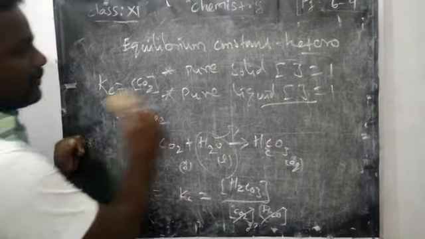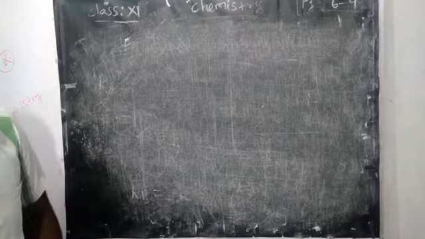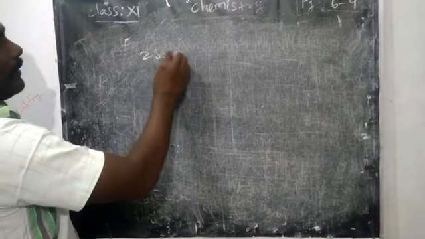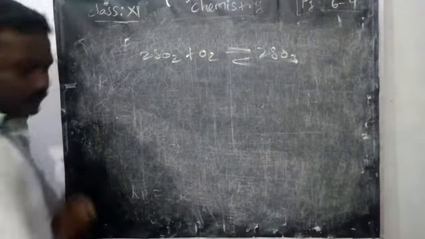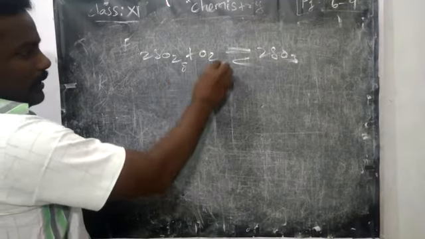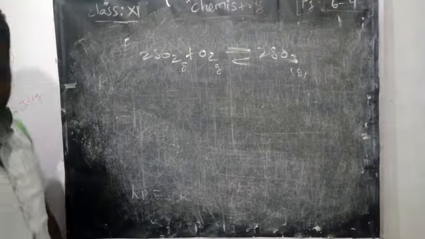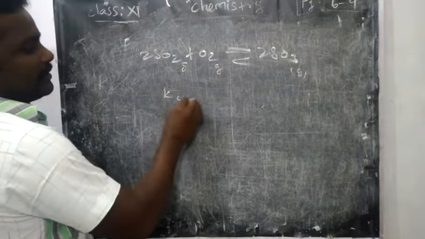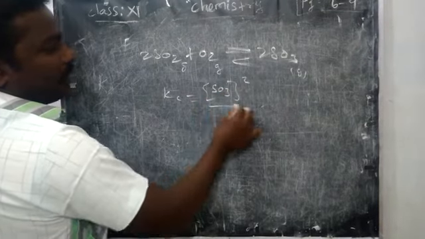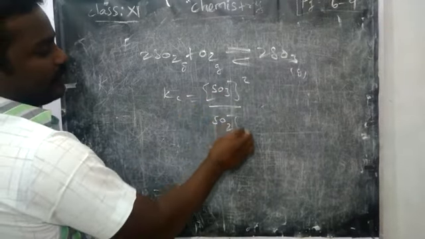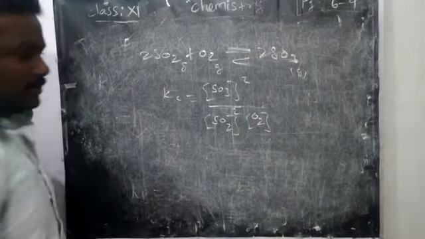For some examples, in our book they are given some examples, right? For the first one, SO2 plus O2 giving 2SO3. For this reaction, very important, all are gas. How do you write the Kc value? There is no change. As usual, you can write Kc is equal to the product concentration SO3, the coefficient value 2, divided by SO2, the coefficient 2, and O2, nothing in the power.